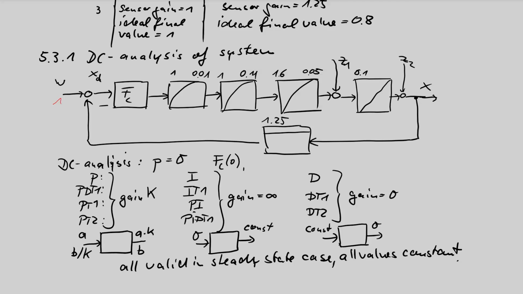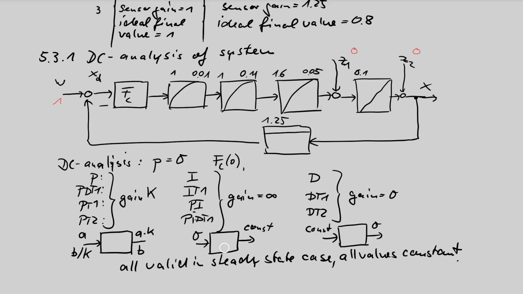If we have a unit step, a unit constant input value 1 and Z1 is 0 and Z2 is 0, what are the output, the control difference, or all other values? Now I can just with this information calculate through all other lines. Of course, if this is a 1, we don't know X. So we cannot calculate XD, so we don't know the output of the controller. We don't know all these signals, so we have to have a starting point, and one starting point is very